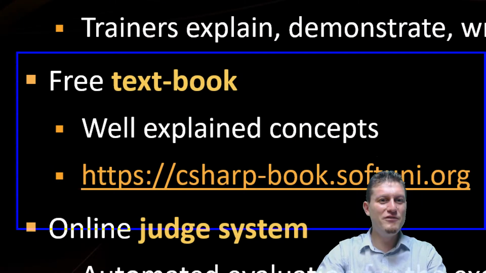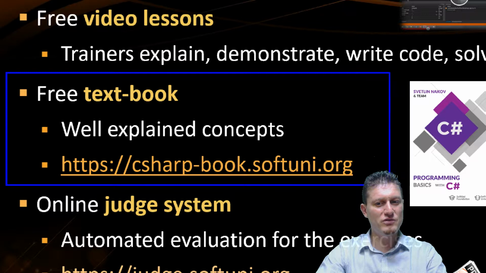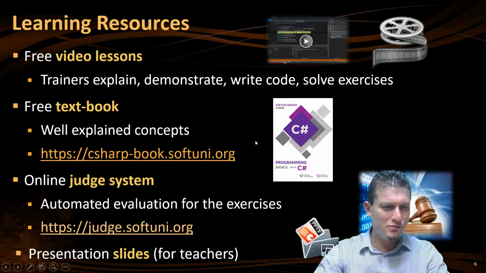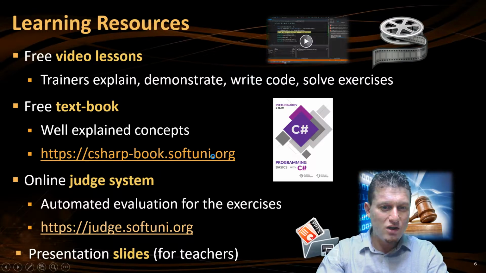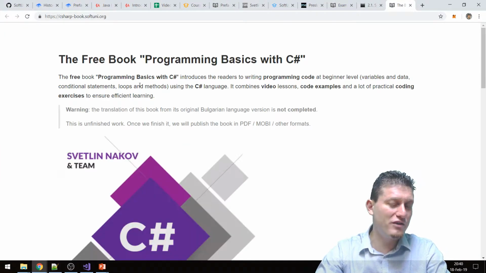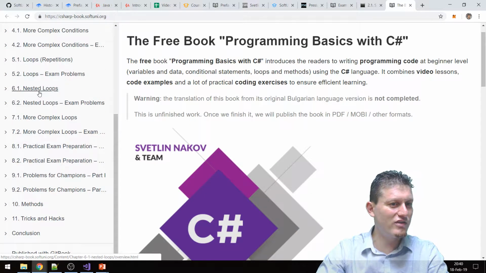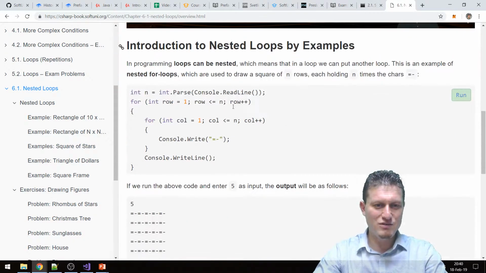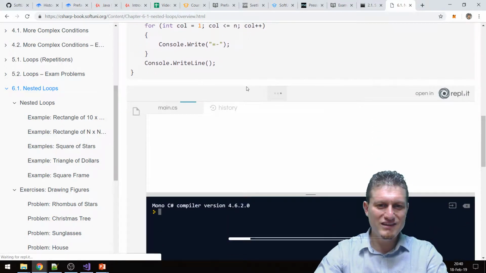Additionally, we give you a free textbook. This textbook will soon be available also as a hard copy on paper, so you will be able to order it from Amazon or other web stores. It will always be free here, and now it doesn't even need a registration. It's quite 400 pages full with videos, with explanations, with code examples, where you can run this code live.